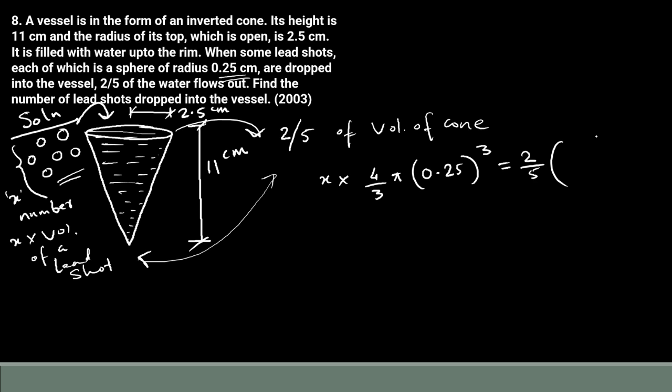What is the volume of the cone? 1/3 of the volume of the cylinder is the volume of the cone, right? So that is pi times 2.5 square times the height, they have given us 11 centimeter. All they have given is in centimeter, so this will help a bit. Okay, so this 3 and 3 get cancelled,